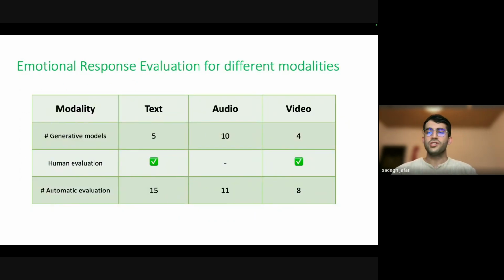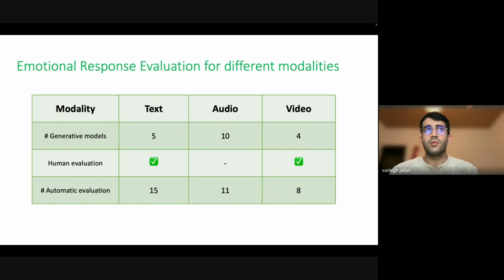For evaluation, for each modality, we did different types of evaluation, human evaluation and automatic evaluation for different generative models. As you can see here, for text modality, we have 5 different LLMs or generative models.